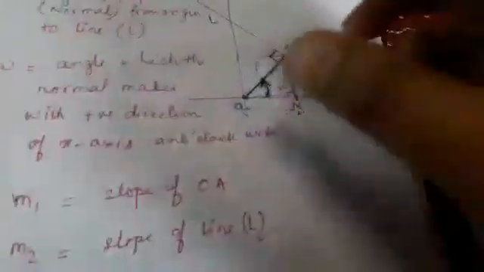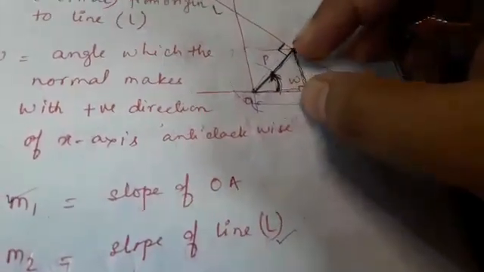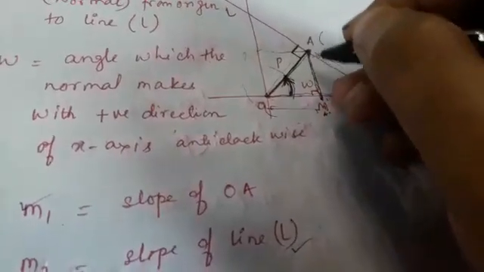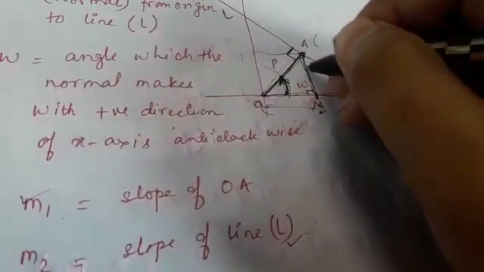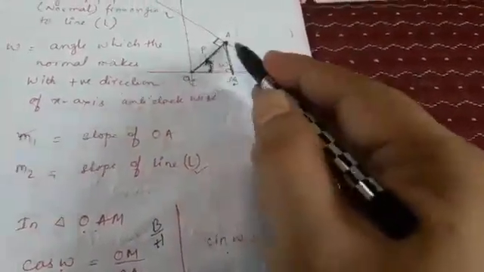In exactly a similar manner we need this AM, because this is nothing but the y coordinate of the point. So students, similarly sine omega will be perpendicular by hypotenuse. The perpendicular is AM and the hypotenuse is OA, which is P. So from here your AM will